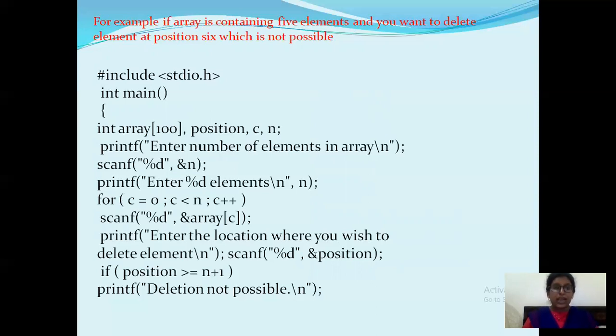Using the scanf function. Here I have taken my variable name as array itself. So array of C. Using the C variable, you are going to enter all the elements into an array with the scanf function. Then you need to enter the position now. See, if your position is 5, you are not having a position 5. If your number of elements is 5, then your last position value will be 4, because it is nothing but n minus 1. It starts from 0 and ends with n minus 1. So your position will be what? 4 there. So suppose if your position is greater than 4, it indicates that you are having 6 elements in an array, right? Because your array index always starts with 0,